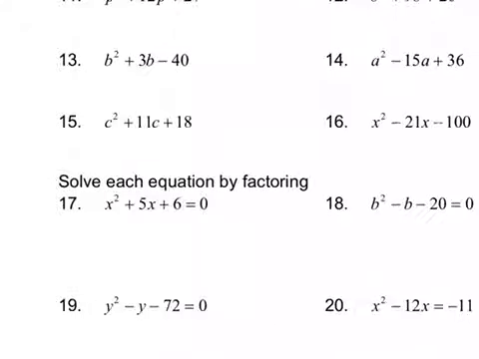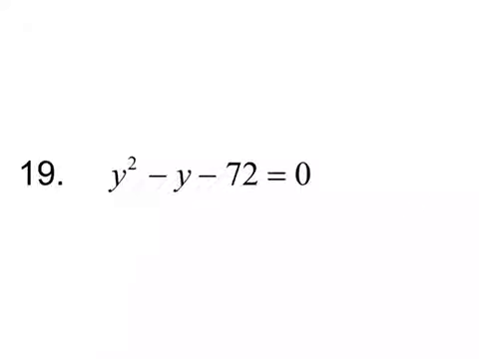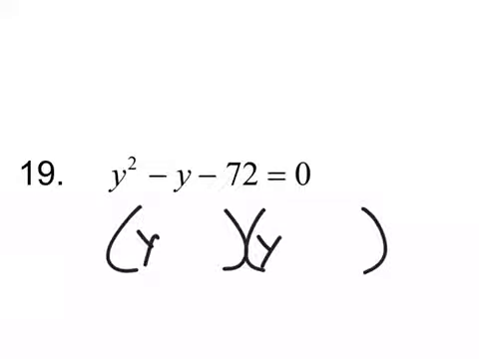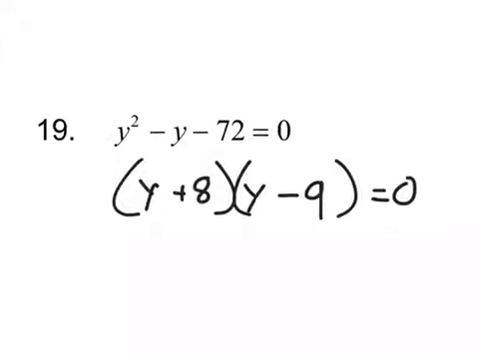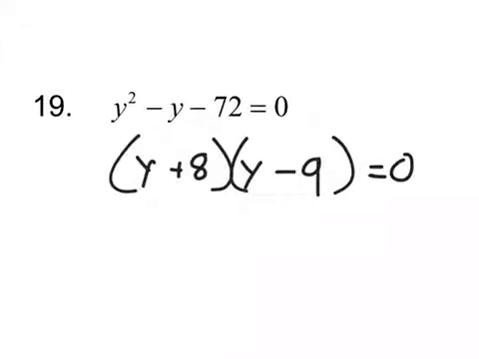Now, when it says solve each equation by factoring, it's going to be the same process of factoring first. So like this one here, for example, would be, let's see, I'd have a y and a y. I know I'm going to have 1 positive, 1 negative here. And to get my 72, I could have a positive 8, -9, and I'm still set equal to 0 here. All right, now, in order to solve these, all you do is take your 2 factored pieces,